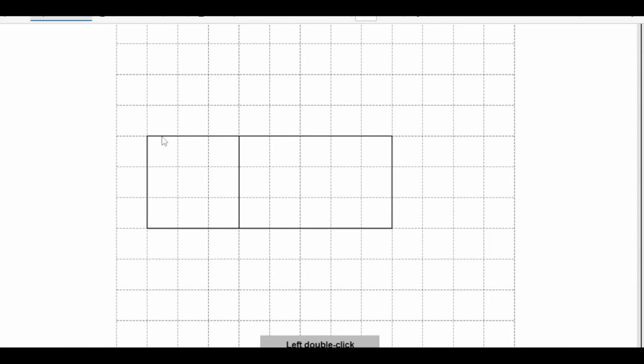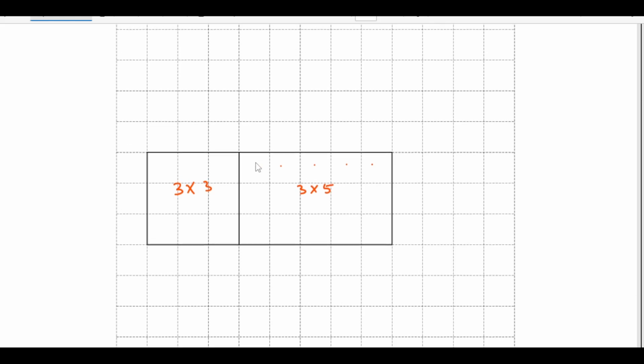So here you see that we have 3, this is 3 by 3, right? This one is 1 2 3 4 5, so 3 by 5. Okay, so we need to have the same faces on the other side. So if this is 3 by 5, it is going to cover by this, so we should have 3 over here on both sides,